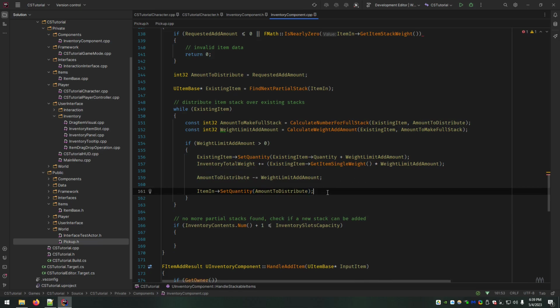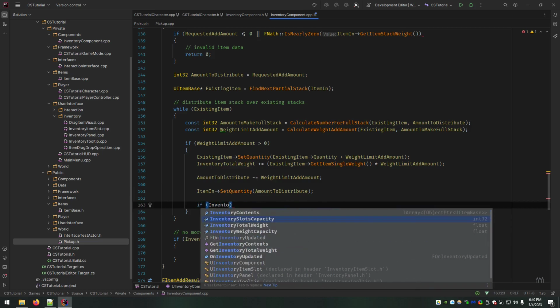In this case, if we had 4 coming in and we were able to add 3, that means there's only 1 left on the item on the ground. So that's why we set this directly to that. It may happen again when it goes around, because it could find another stack, but that's fine. That's exactly how it's supposed to happen.